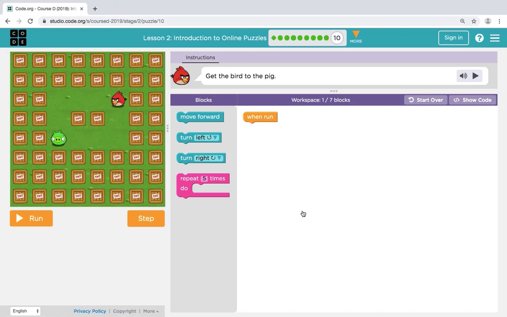Here in puzzle 10, it's telling us to get the bird to the pig, but we have 2 different paths we can go. We can go the upper route or the lower route. We're going to do the upper one. First, we're going to bring over a repeat and set it to 3, and bring over a move forward. Then we're going to turn left,